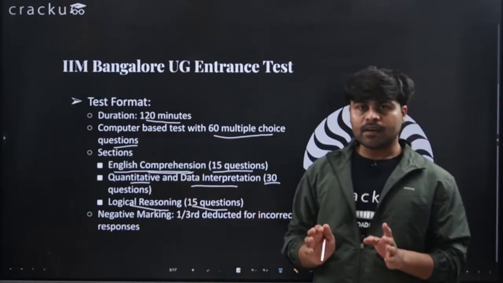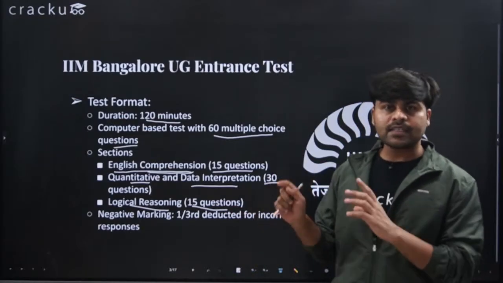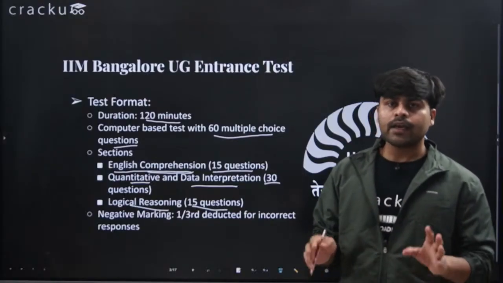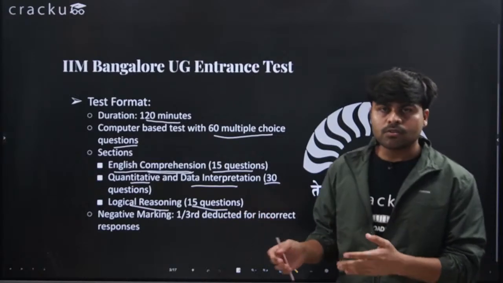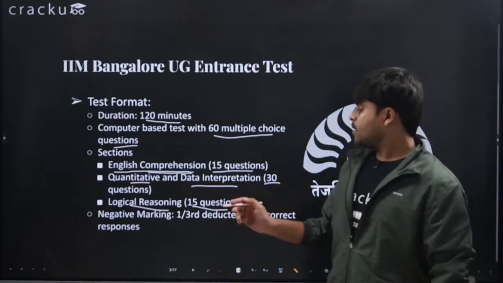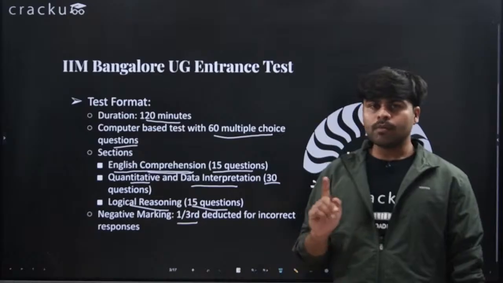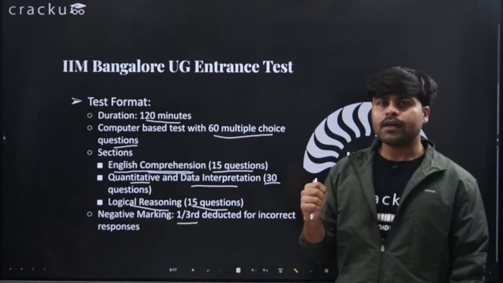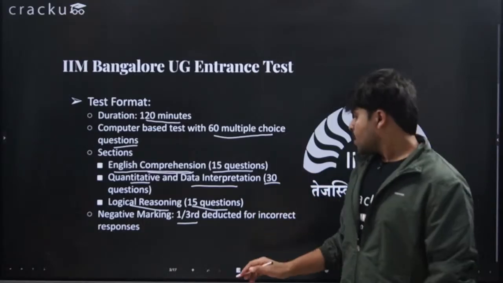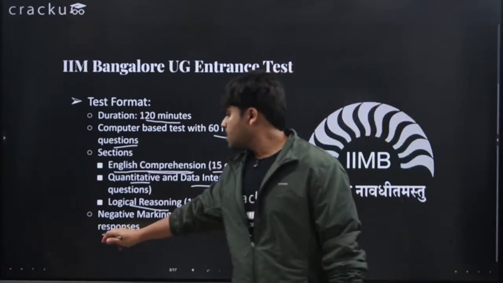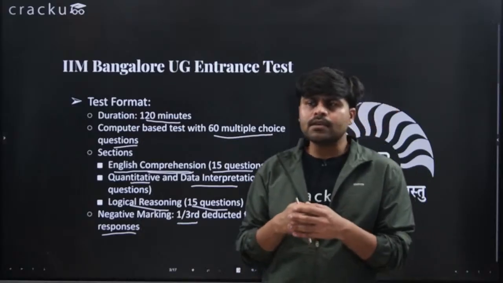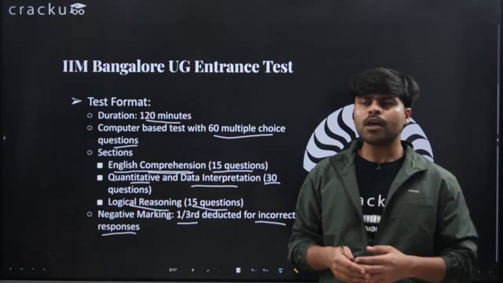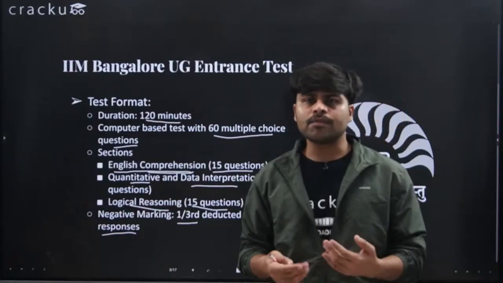These are also negative marking, just like in the CAT exam. CAT exam, as you might know, or even if you are not familiar with it, is the MBA exam. Just like the CAT exam, here too there is a negative marking of 1/3. So 1 mark you might get for getting a question correct, and 1/3 of it will be deducted for incorrect responses. There's nothing mentioned about unattempted questions, so we are going to assume that for unattempted questions there is no negative marking.